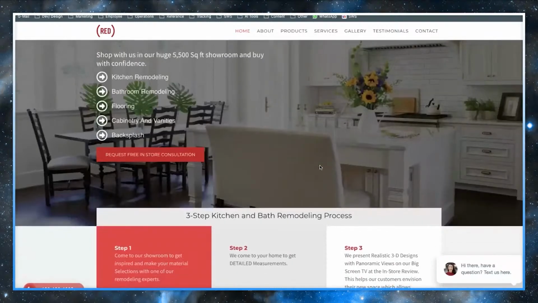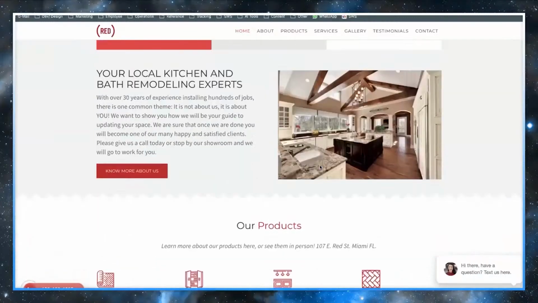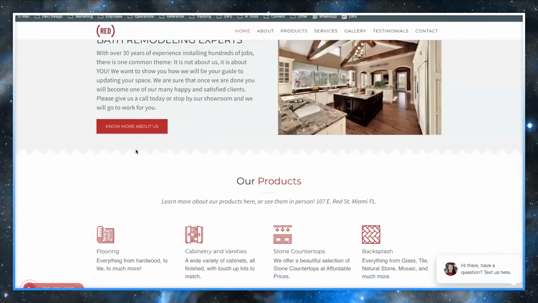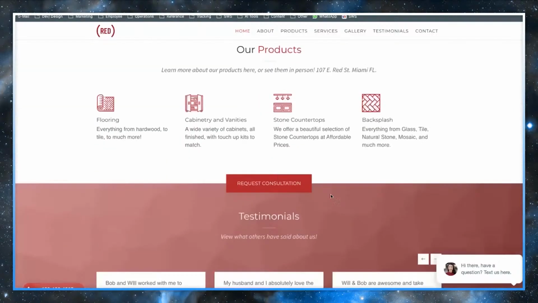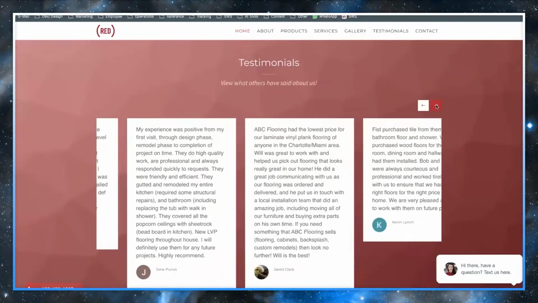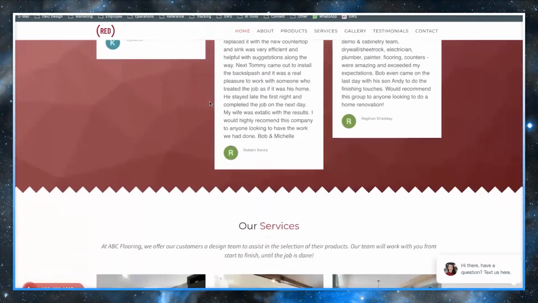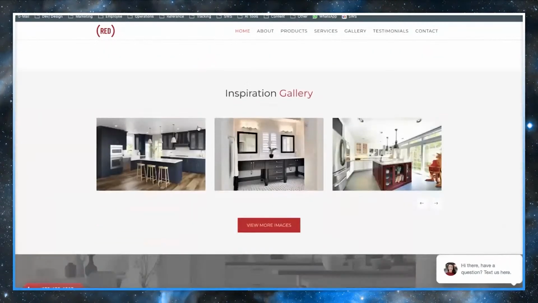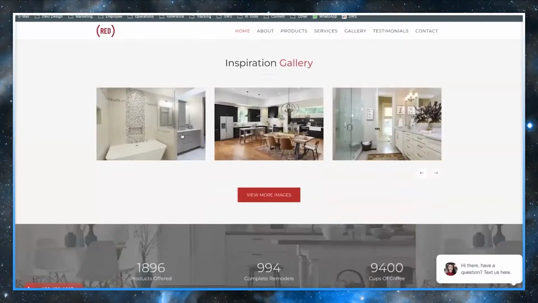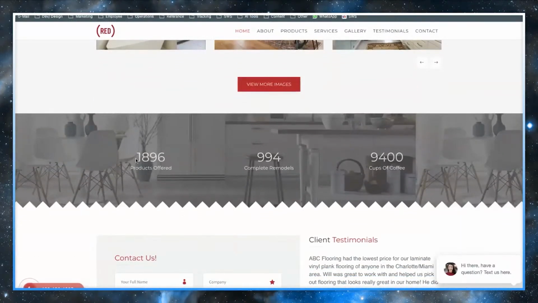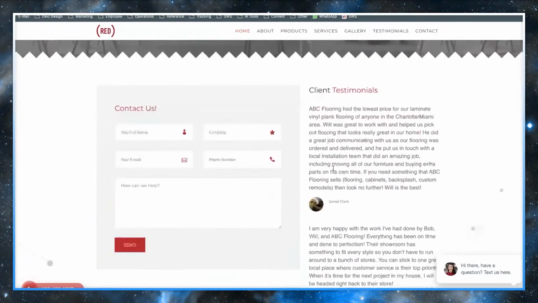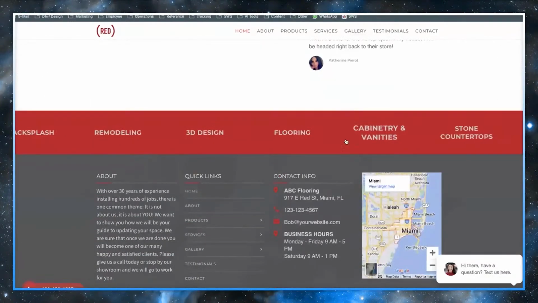We had a form. And as you look at it, it looks quite nice, right? We have good attention to detail here with the lines. We have nice icons. We have their testimonials. And by the way, you can integrate the HighLevel testimonial builder, and it will automatically populate this with the newest reviews that they get on Google as well. So we have it all built out. We have a gallery they can go through, right? I typically like to add a little bit of humor on the website, so I'll put cups of coffee or something like that to be a little bit cheeky there. And then there's a form, and then we have a couple more testimonials.